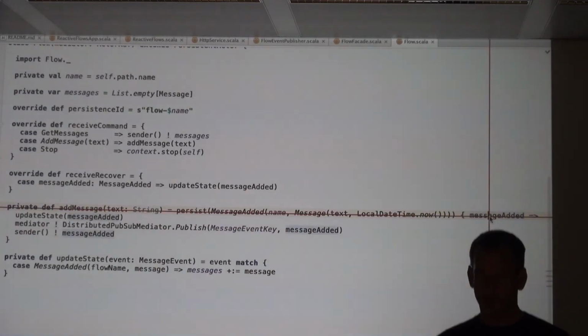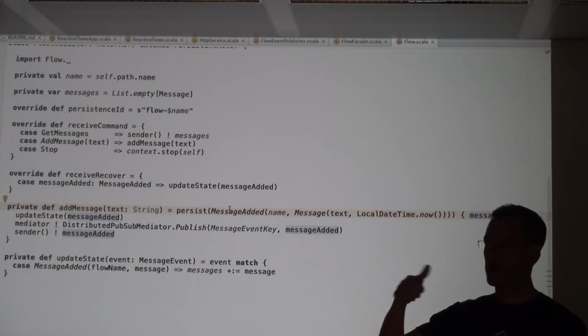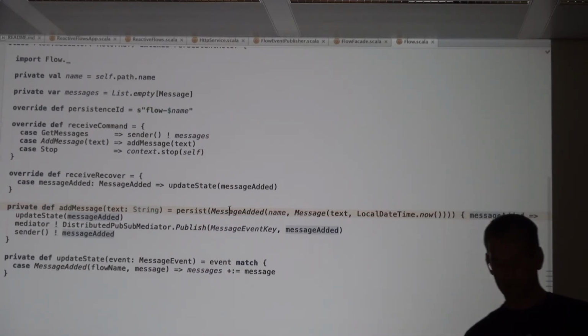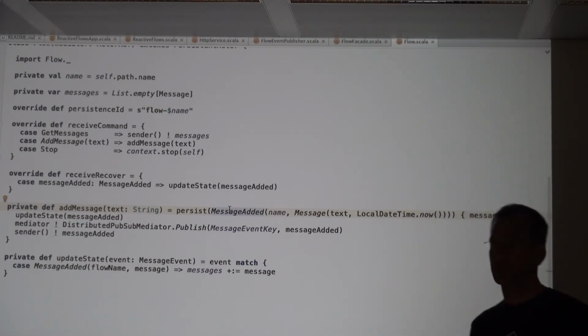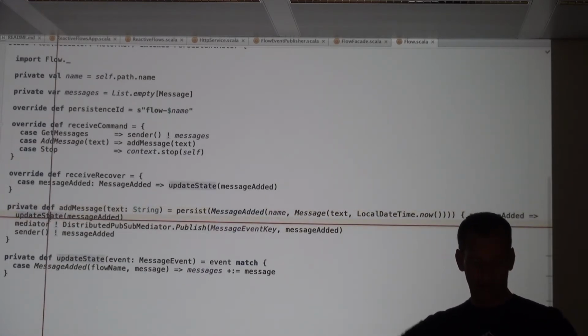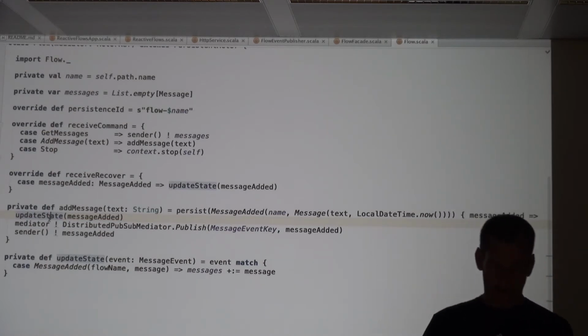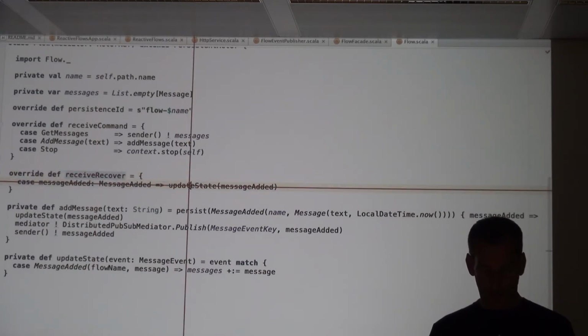And the handler is only invoked when the journal comes back with yes, I could persist that event. Okay, this event has been persisted. Now the actor can use it to change its state or do whatever you want to do. And yeah, then we update the state, and then we just send around some messages. And in the case of recovery, only update state is called.